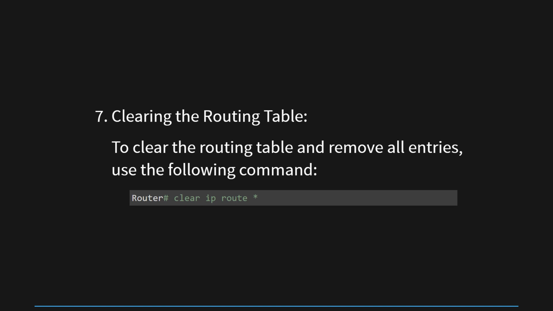After executing the command, the router will have an empty routing table, and it will need to start relearning and updating the routing table using dynamic routing protocols or manual configuration. Clearing the routing table should be done with caution, as it temporarily disrupts the router's ability to forward packets until the routing table is rebuilt. It's typically used in specific troubleshooting scenarios, or when there is a need to reset the routing table due to some configuration changes.